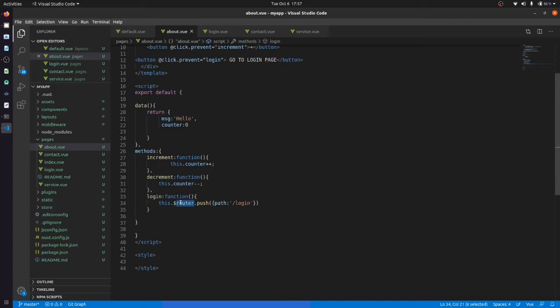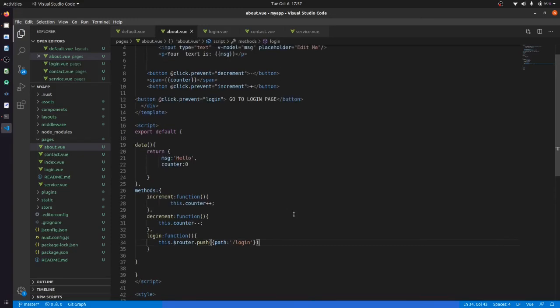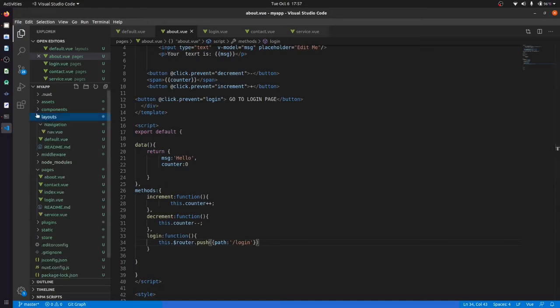Now the most awaited thing, the thing I want. The main motive of this video was to show you how we can use state management in our application. So I will go to my middleware layout section, where we also have nav.vue.